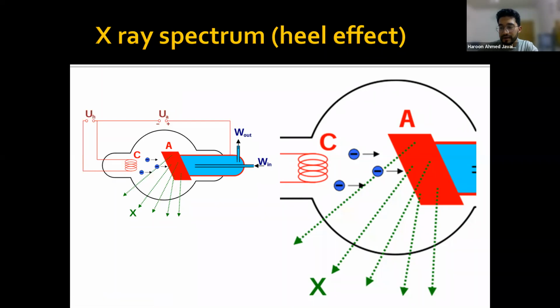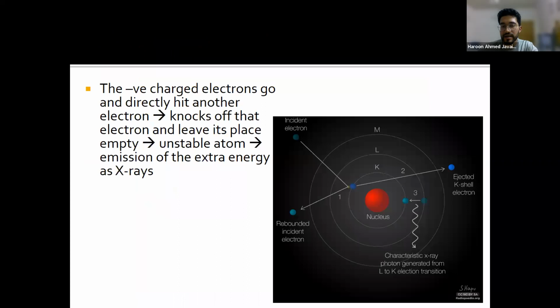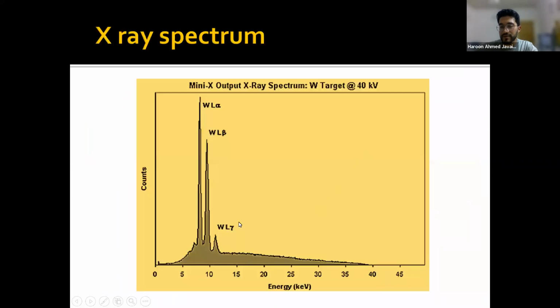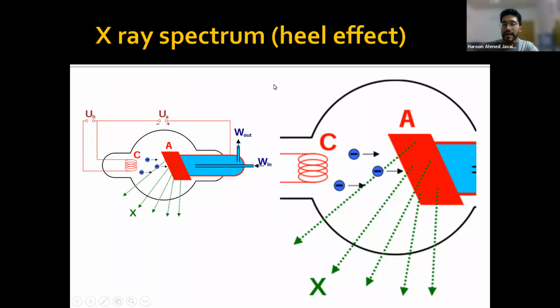Why are there three different characteristic waves? Because it's not only this one electron that's going down, right? In an actual tungsten material, there's going to be a lot. So there could be a shift from L to K, a shift from M to L, and another shift from M to L, right? So that's why there are three different characteristics, which correspond to the energy released. Okay, so the Hill effect, basically,